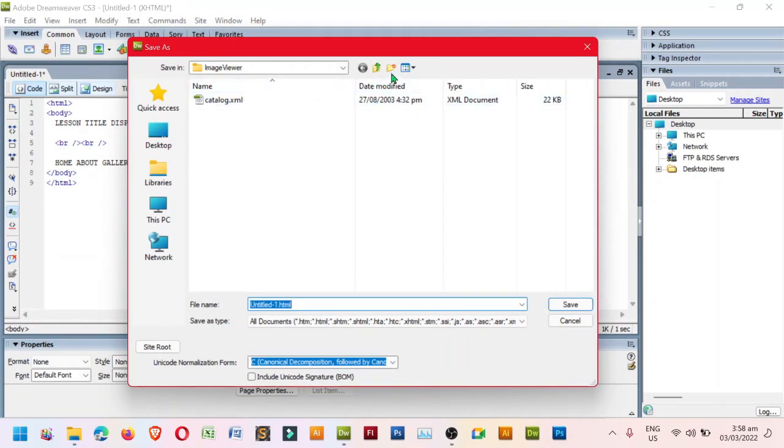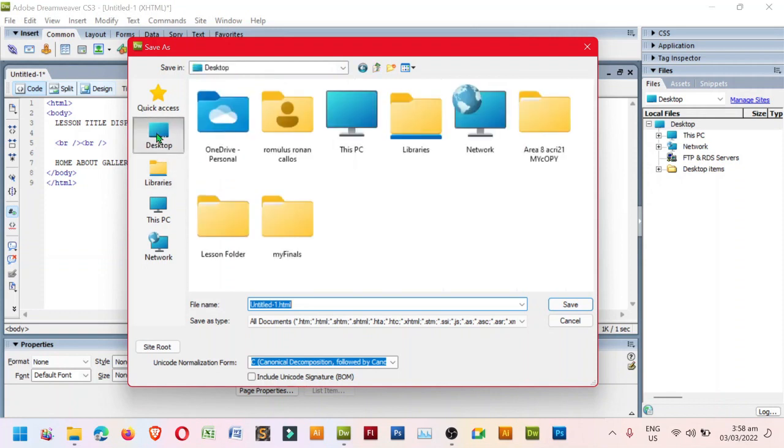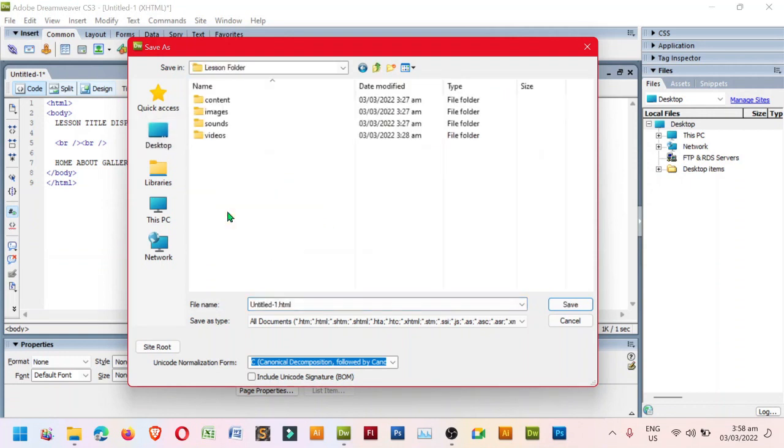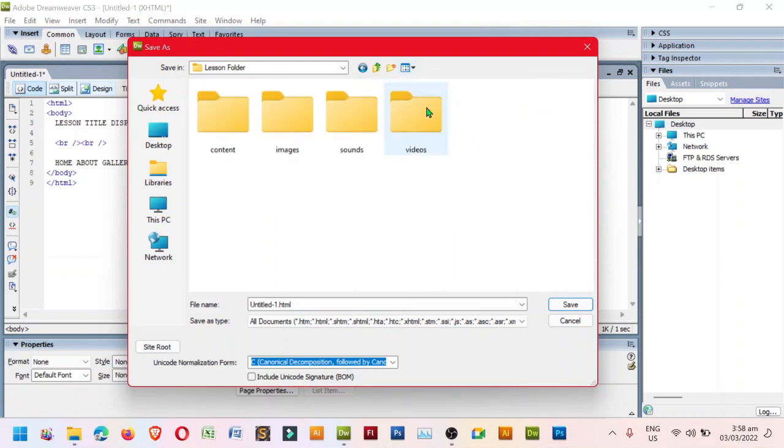So we need to locate the file. Okay, so select desktop and look for the lesson folder. Double click, and from the lesson folder we need to save the file, change the default file name, type